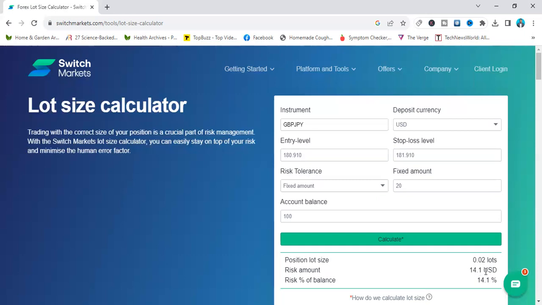Although the $14.1 you are going to lose will not be up to the $20, that doesn't mean that you should increase the lot size to maybe 0.03. No. They are telling you specifically, with specific rules, what lot size you can use.